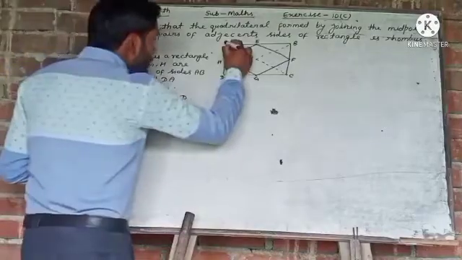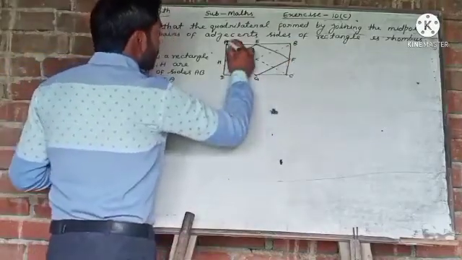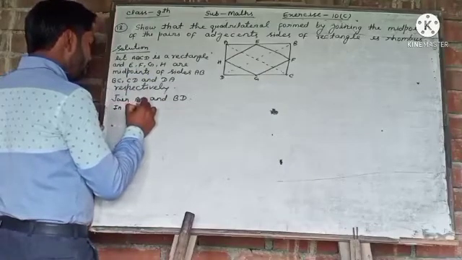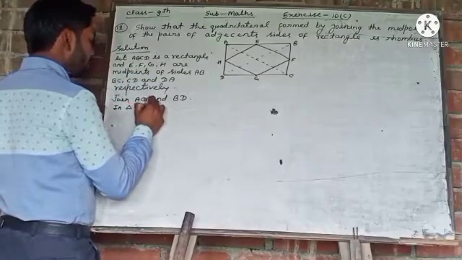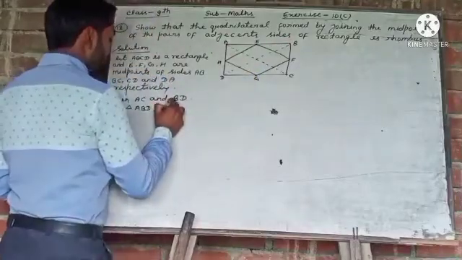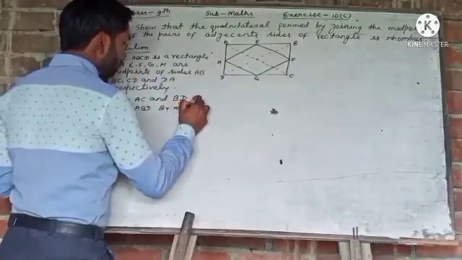Now we can see triangles here. So in triangle ABD, by the midpoint theorem,